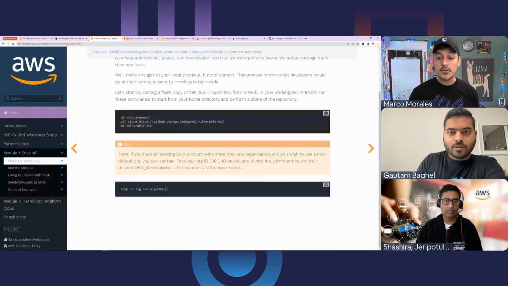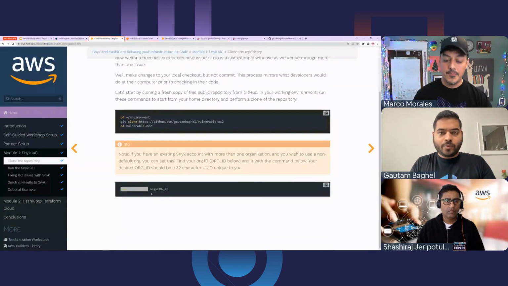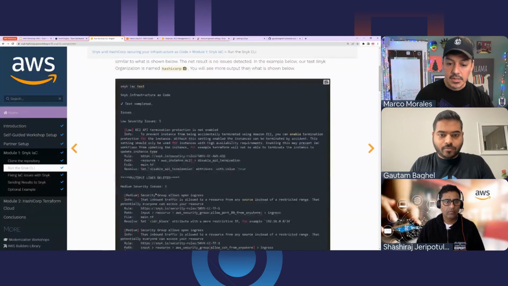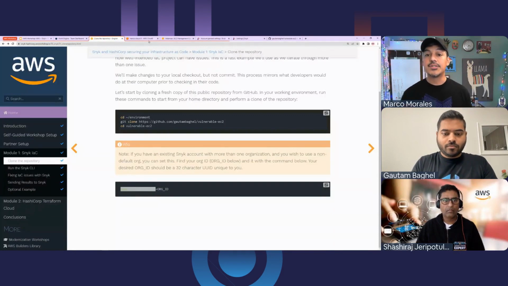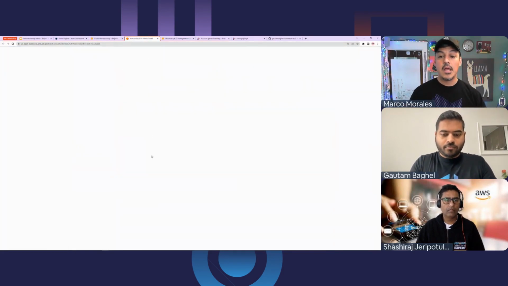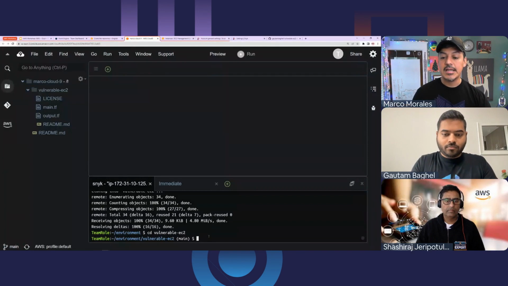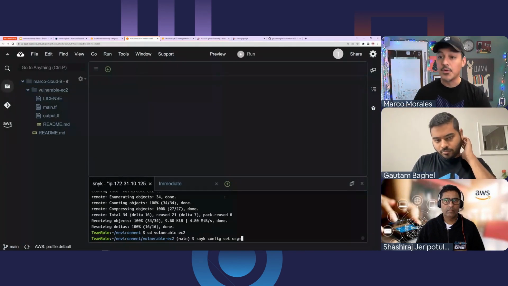Next thing, I have a specific organization that I use, and I have to do this. You don't have to do this. I have to do this because I have so many organizations for my different forms of testing that I need to be specific as to which one I'm going to use.